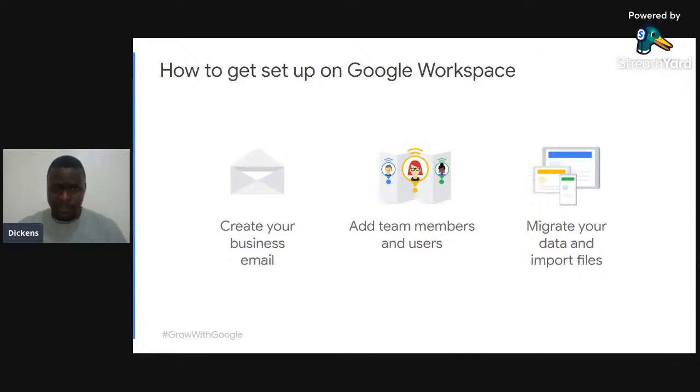So using Google Workspace will allow you to have a customized business email address for your business. For instance, if let's say Red Spark Creatives, you'll have a customized email. When you create Google Workspace, you'll have a customized email that is relevant to your business, or that is in line with the services and products you are providing. So let's say we can have